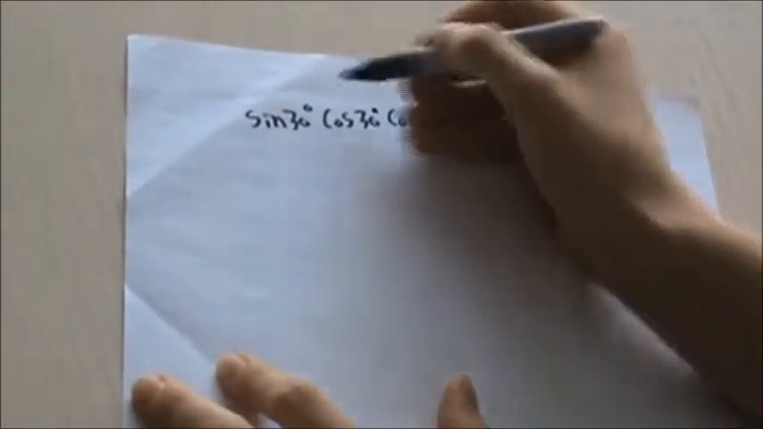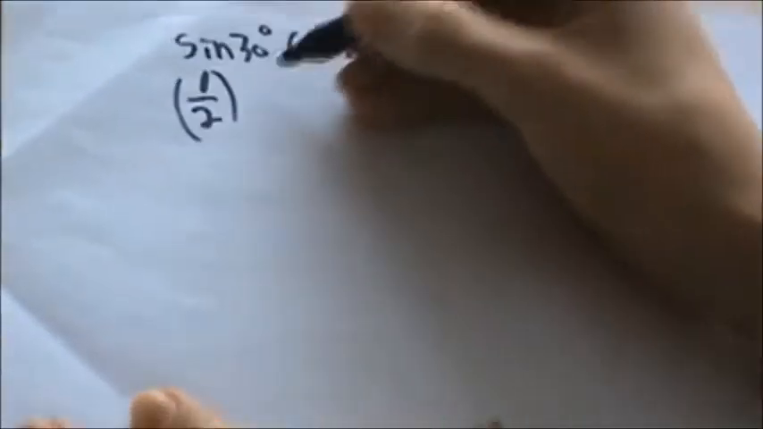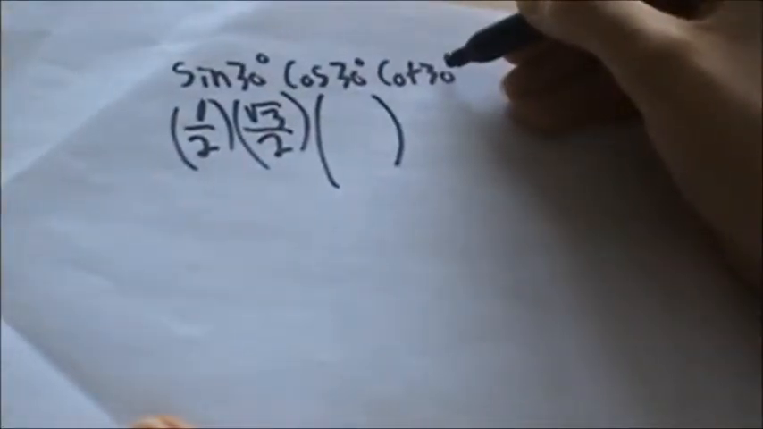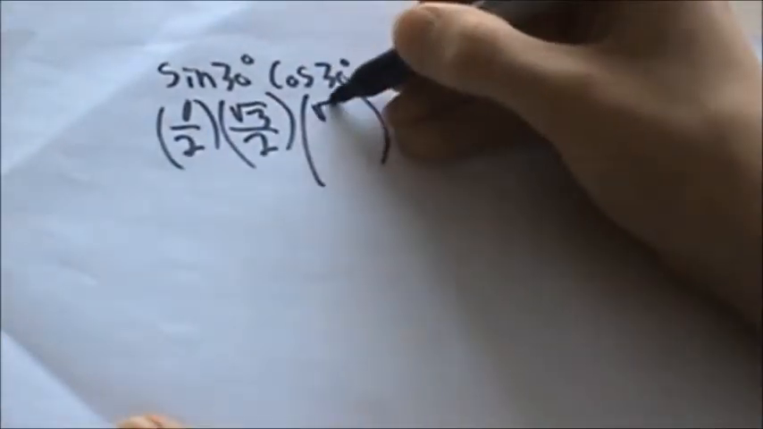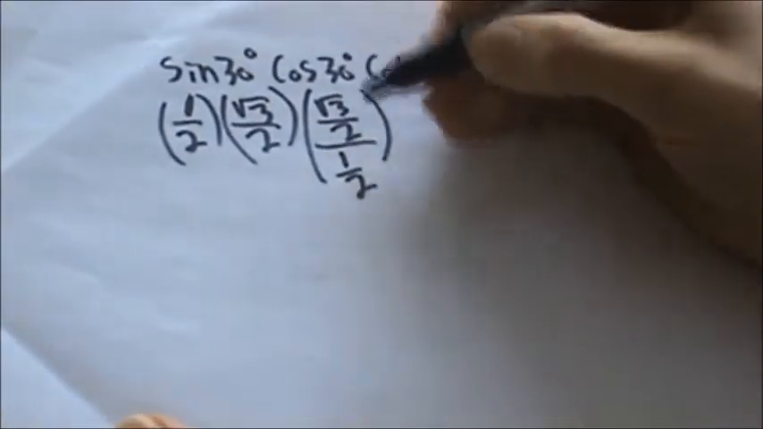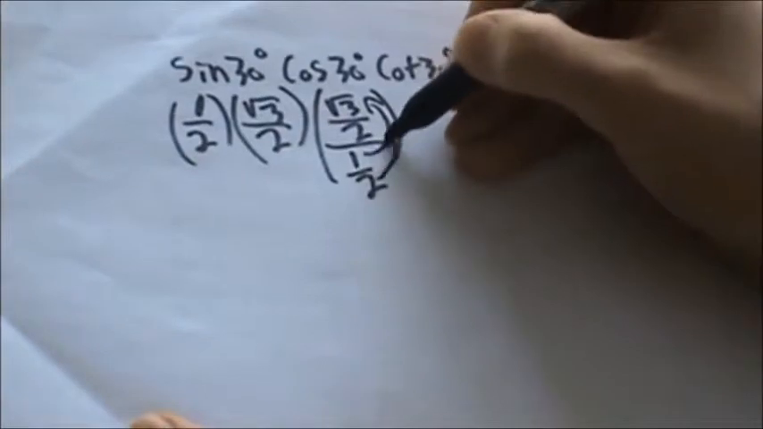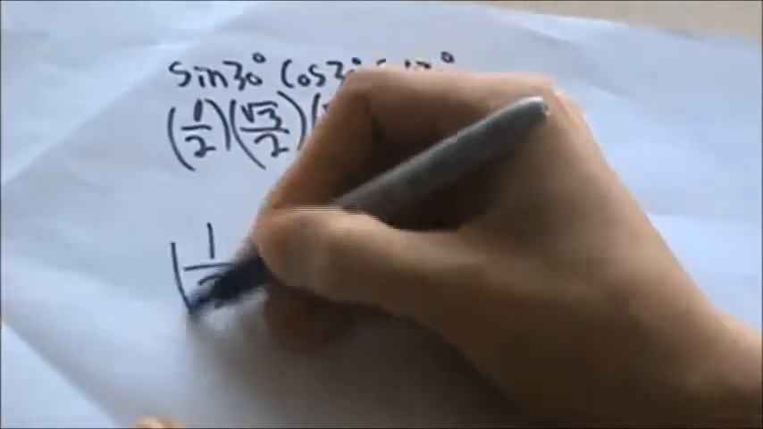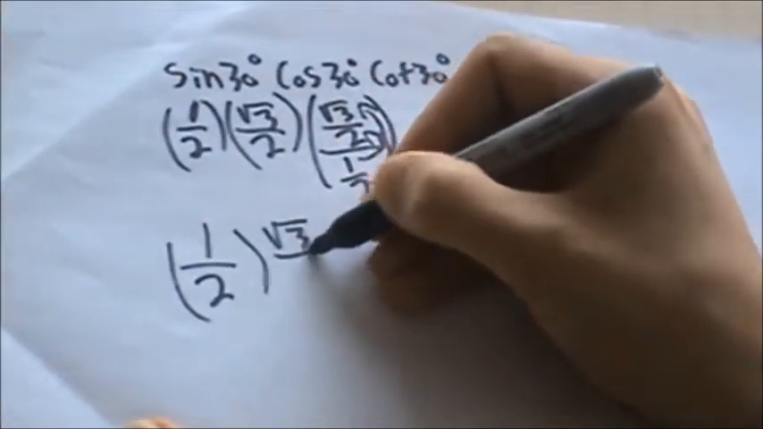Now, using the unit circle, I know that sine 30 degrees is the same as 1/2. I know that cos 30 degrees is the same as root 3 over 2. And I know that cot is the same as cos over sine. So that is root 3 over 2 over 1/2. I can simplify this by multiplying by the reciprocal like that. So then I get 1/2 times root 3 over 2